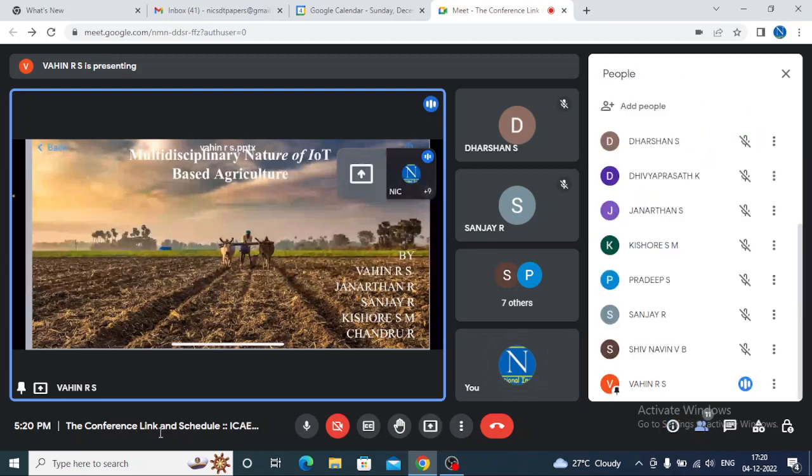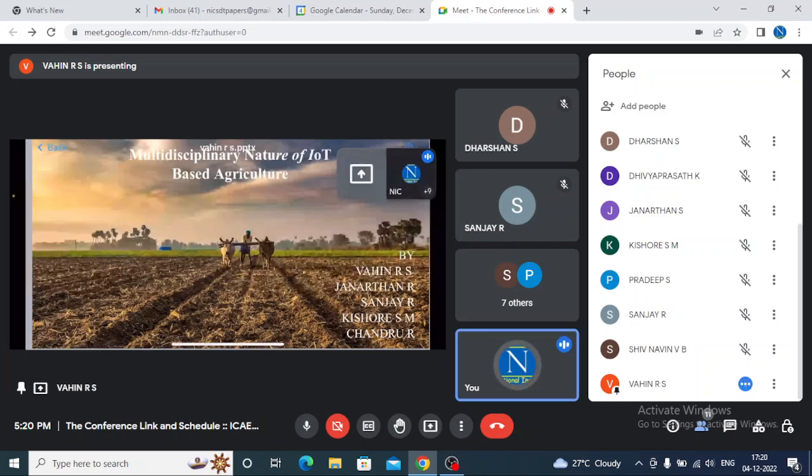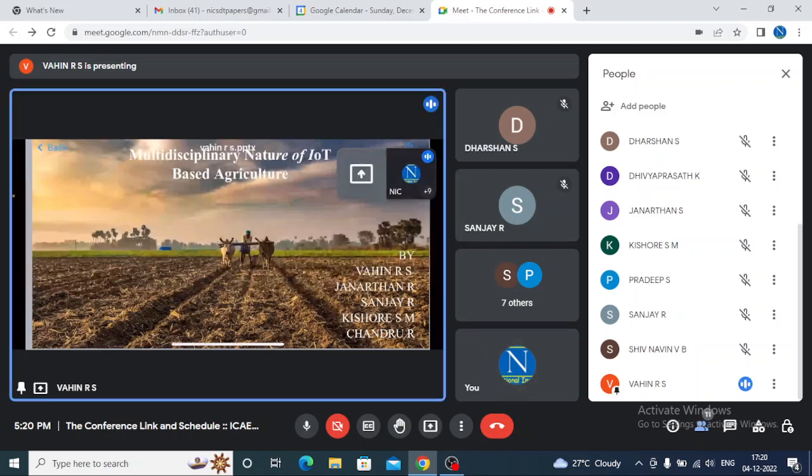Yeah, sir. Here is the introduction: IoT data in smart agriculture. First, let us discuss IoT. The Internet of Things, or IoT, is a system of interrelated computers, mechanical and digital machines, objects, animals, and people that are provided with unique identities, or UIDs. An IoT ecosystem is enabled by devices that use embedded systems